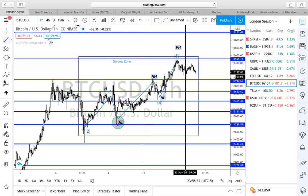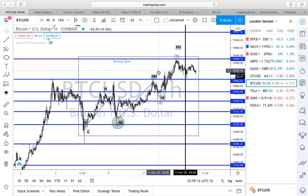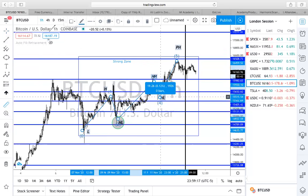Now check this out, right? What if we got in at the higher high and tried to sell short term? We're not really catching that many pips. Not as much as we would have caught with the higher low to the higher high, right? That's why in an uptrend, we only want to buy at support. We only want to enter at the support levels, right? So check this out. Let's measure how many pips it was from the next higher low to the next high,